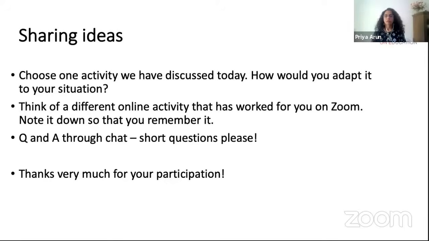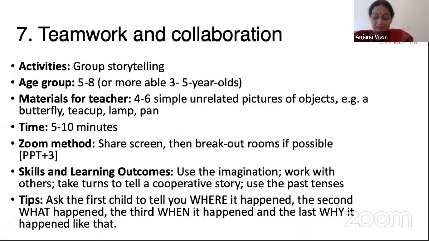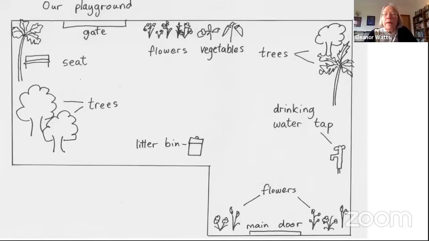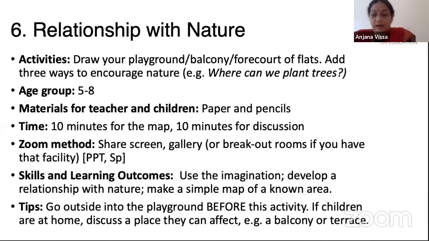I would look at the activity on relationship with nature. Oh, yes. We could ask children to look out of the window or step into their balcony. Yes. Ask them about the weather. Is it sunny? Is it rainy? Or is it cloudy? We could ask them if they see anything green outside and if they can see anything in the sky, anything flying in the sky, leading them to the trees and the birds.